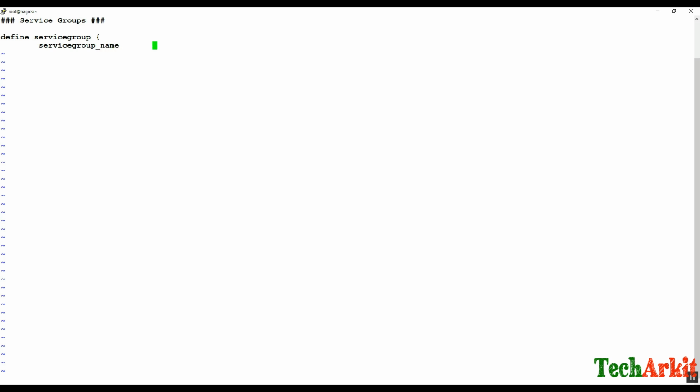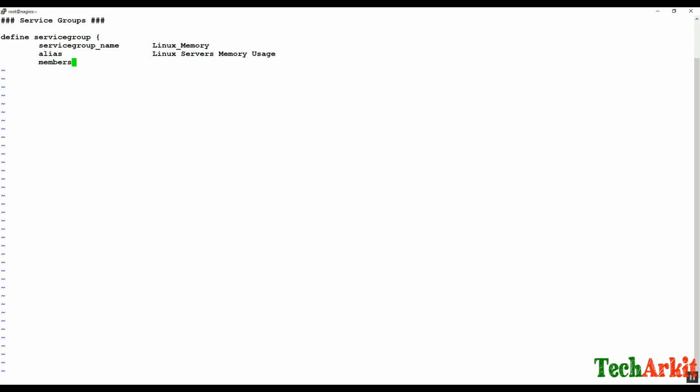You can specify whatever service group name you would like to create here. I just wanted to create maybe Linux memory, so all the Linux memory should be in a single place. So I say Linux servers memory usage,